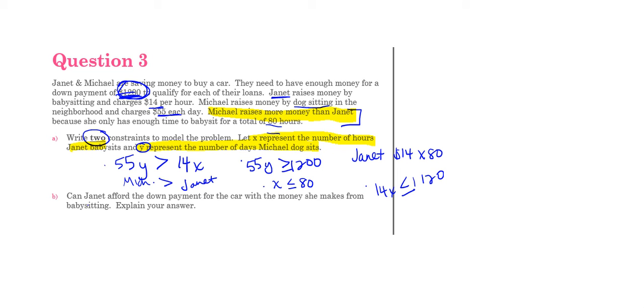Part B asks, can Janet afford the down payment for the car with the money she makes from babysitting? And we want to explain that answer. I kind of started on that idea over here when I was talking about how much money Janet made. I'm going to put an arrow down here that this is going to help us. Since Janet can only work 80 hours and she's charging $14 an hour, we know that the max she can make is $1,120. So I could say that no, she can't,